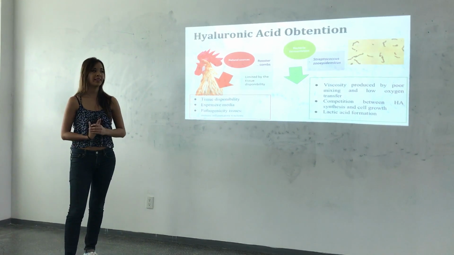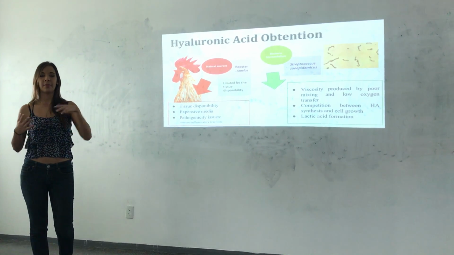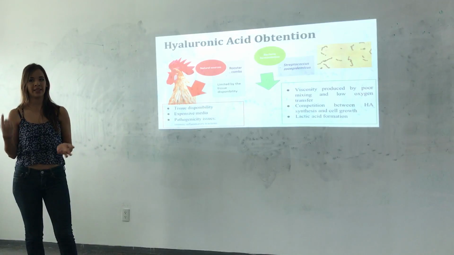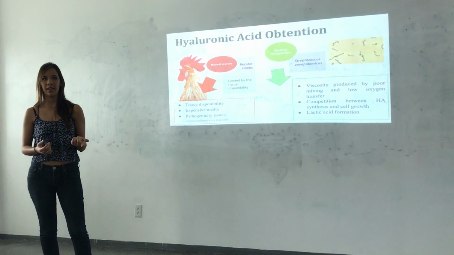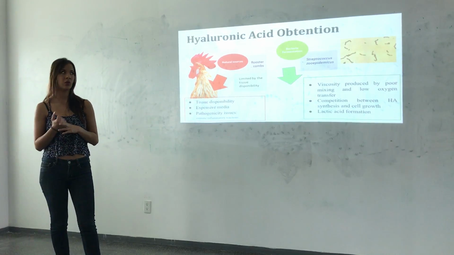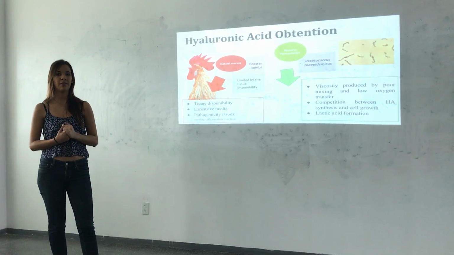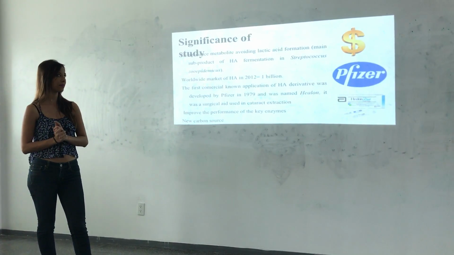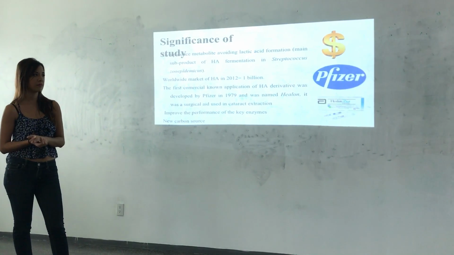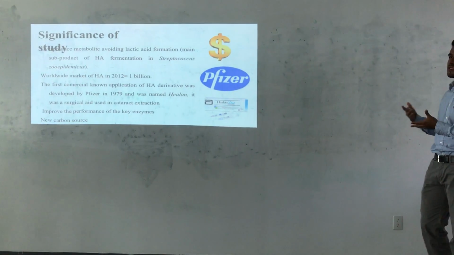The second disadvantage is that there is competition between the production of hyaluronic acid and cellular growth, and lactic acid can also form in the cell, which inhibits the growth of the microorganisms. Also, as we know, Streptococcus zooepidemicus is a pathogen, so it's not a good idea to use it for an industrial